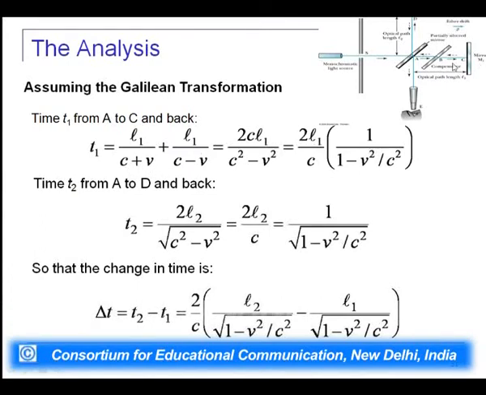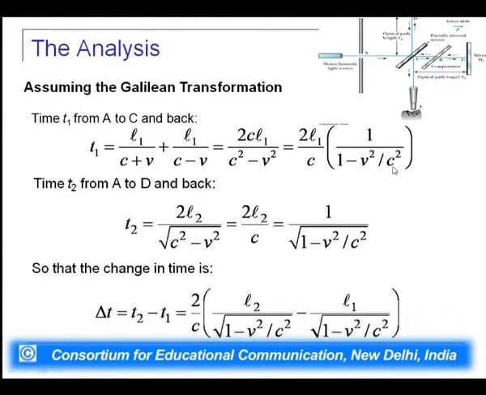When it is coming back along this side, we define it as L1 divided by c plus v, and then it is 2cL1 by c square minus v square, which is equal to 2L1 by c. We will take the c common, then we define it as 1 by 1 minus v